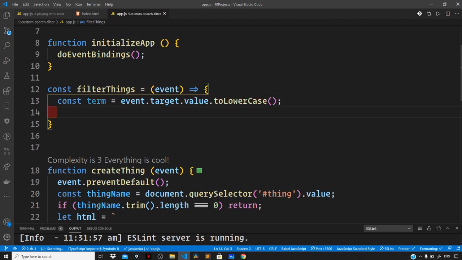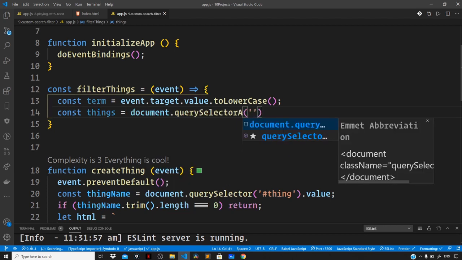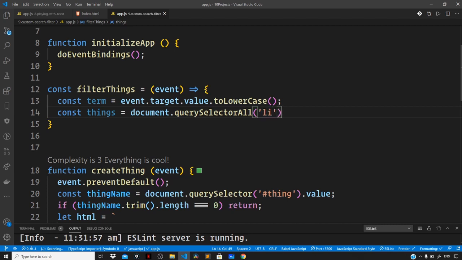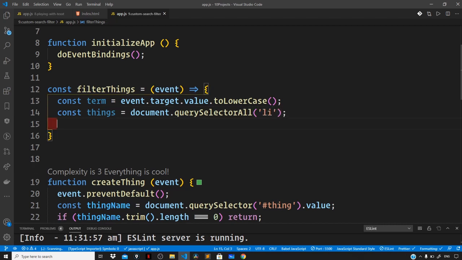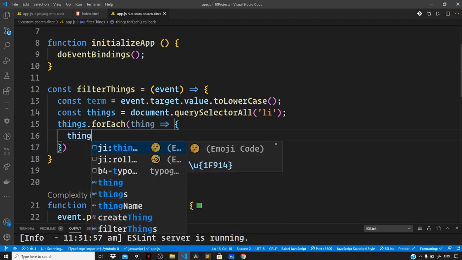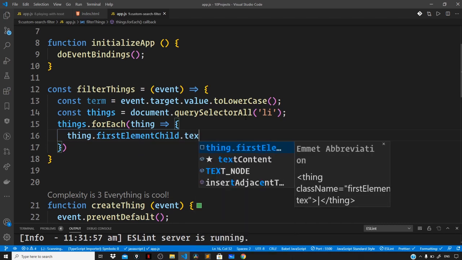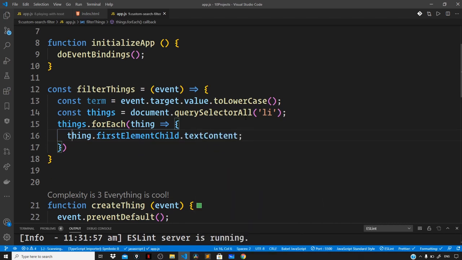Next, let us grab all the list items that we have in our list. So const things = document.querySelectorAll, and here say li. Next, let us iterate over all the things that we just got. So things.forEach(thing). So for each thing, let us grab the title of the thing, which we can get by saying thing.firstElementChild.textContent, and let us store this in a